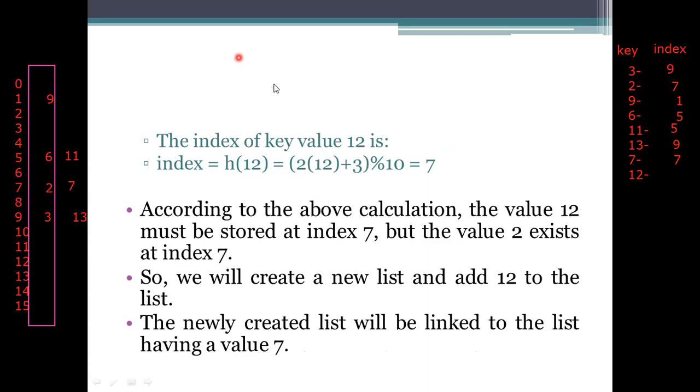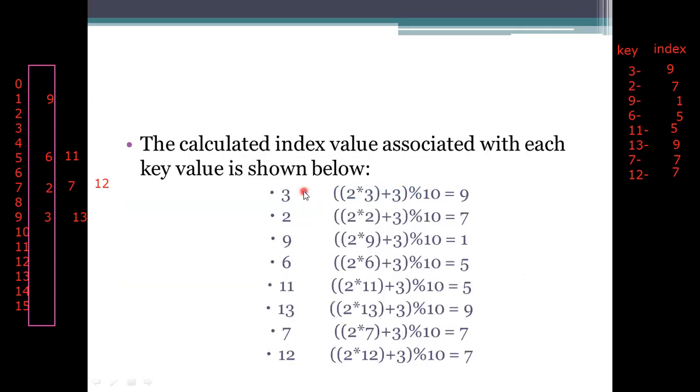And at the last we are having another value which is 12. 12 into 2, 24. 24 plus 3 is 27. Again we are getting the value 7. So at the 7 we are having another value which is 12. Okay. Now there exists 2 already, 7 already is there, and also we need to add the 12. So we need to create a new list for that processing, and add the elements for that representation. If you see here, this is the calculation we got for the processing.